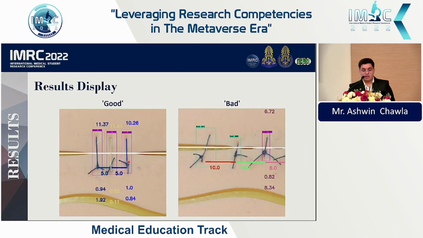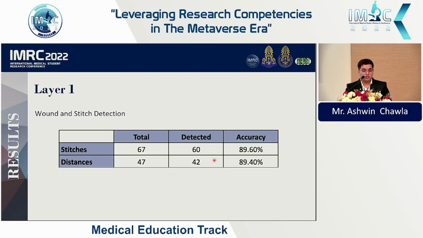So the example of a good stitch will be shown over here, where it evaluates all parameters. However, if it is a bad suture, it will only show up as a bad suture and not further evaluate anything else. So coming into our results, the first thing that we evaluated was the wound and stitch detection,